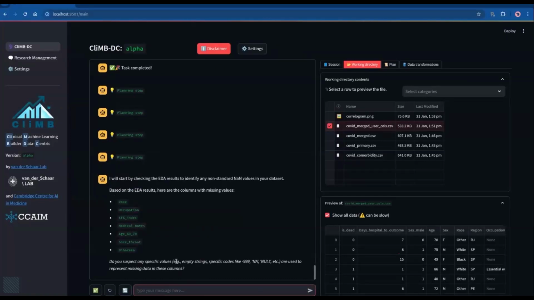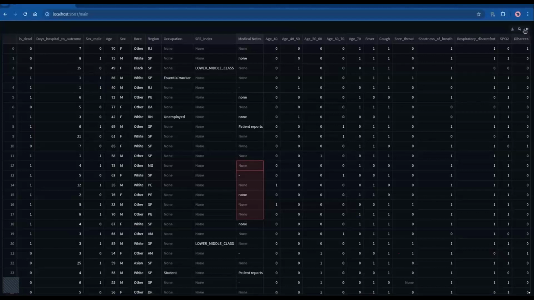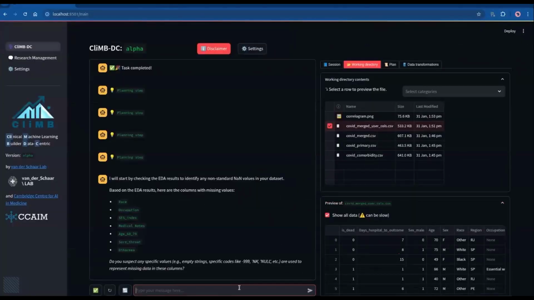Generally speaking, you want to not have missing data before you start doing statistical analysis tasks. So the system, based on the results of this exploratory data analysis, is asking us, these columns have missing values. Do you think there are some strange values, such as a result of data input artifacts, that actually represent missing values and should be cleaned up? If we look at this medical records column here, we have proper missing values indicated with this gray none, but then there are also values that are obviously missing. There's no records there, but people have entered a dash or they entered something like none, and these kinds of things are very common in practice. So we need to clean this up before we can even do anything like imputing the missing data. That's why Climb will talk with you here and discuss this problem.